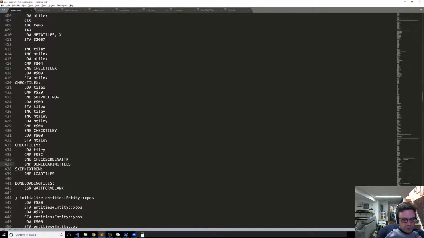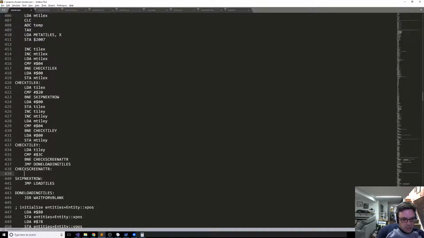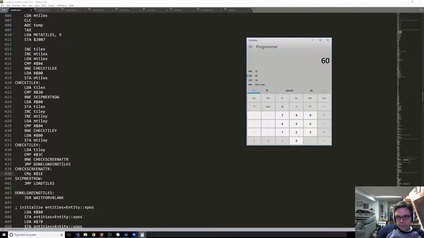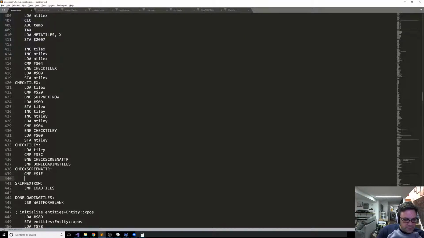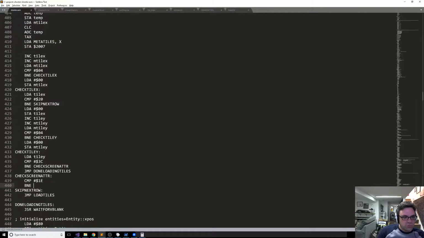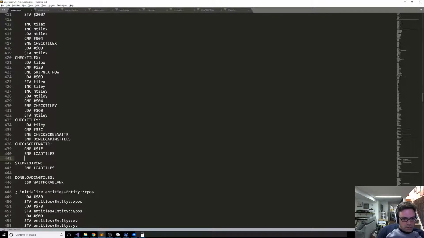And if it is 3C, we're going to jump, but check screen adder. At this point, what we want to do is compare it to 1E, which should be 30. Yep. So compare it to 1E, and then if it's not that either, we're going to jump to load tiles, and then here we need to burn through the attributes, which we're not